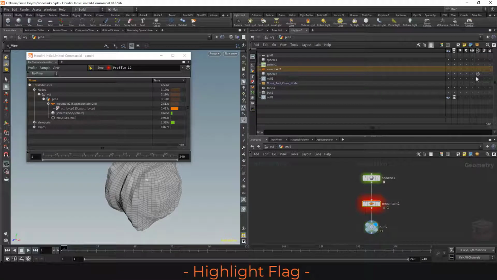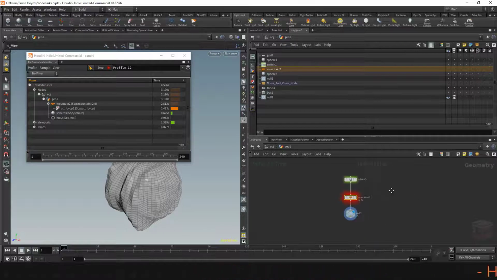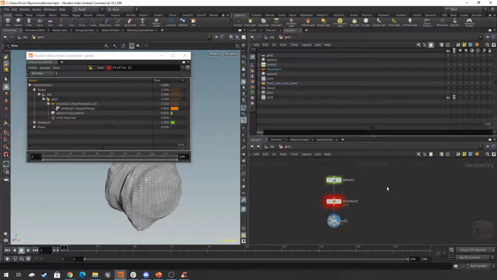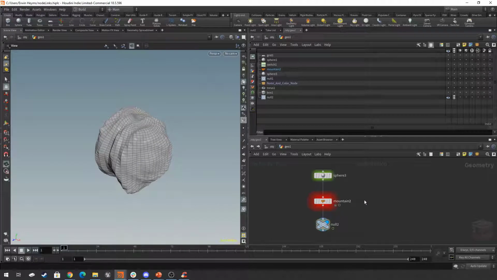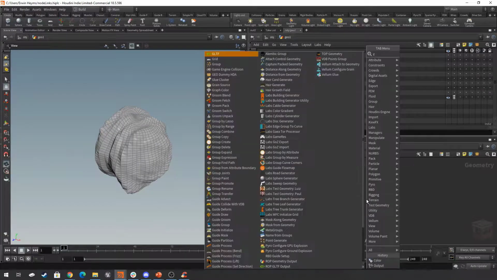Now the last flag that I want to discuss is the highlight flag. And the highlight flag is basically a flag that allows us to view whatever we currently have in groups. It highlights parts of the geometry on our screen. And I haven't really discussed groups yet, but if I create a group node